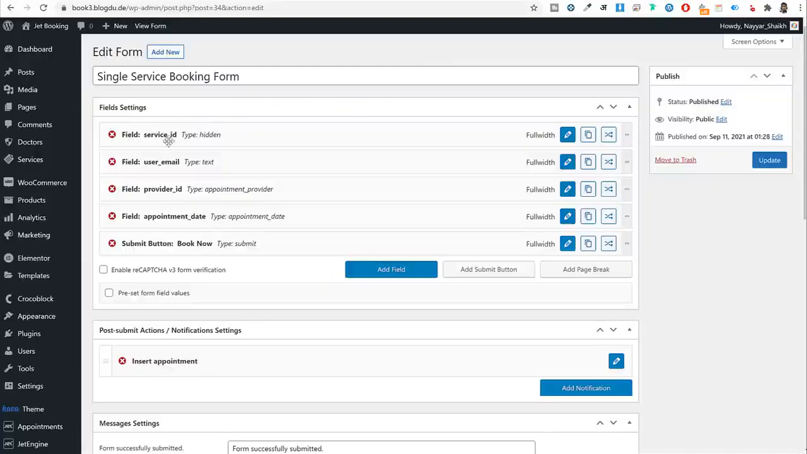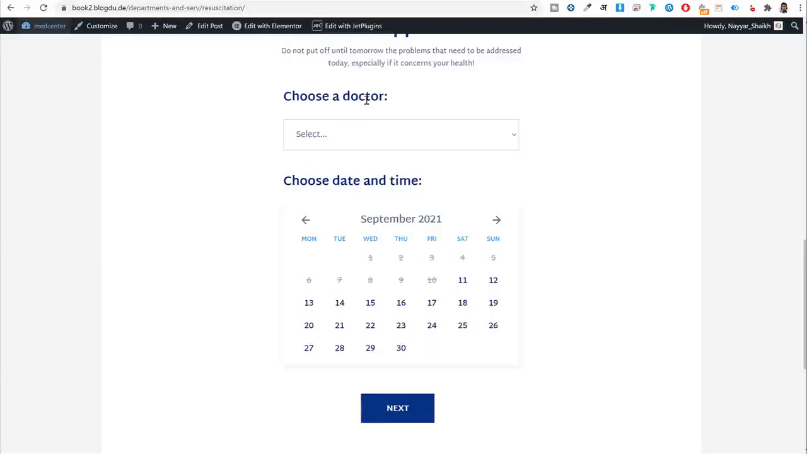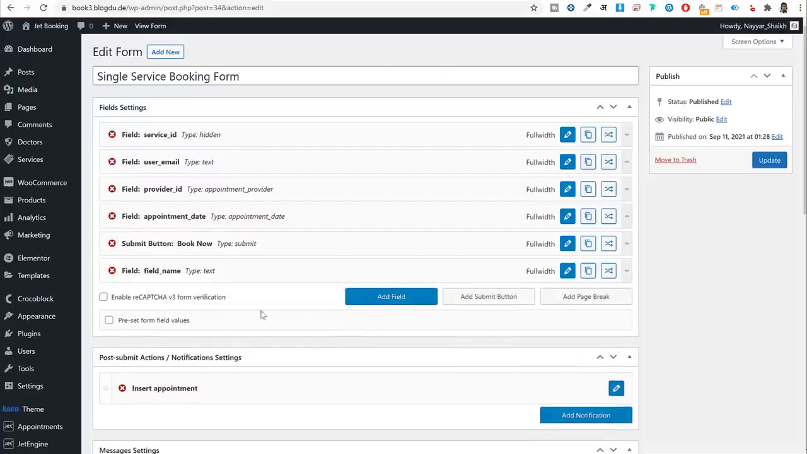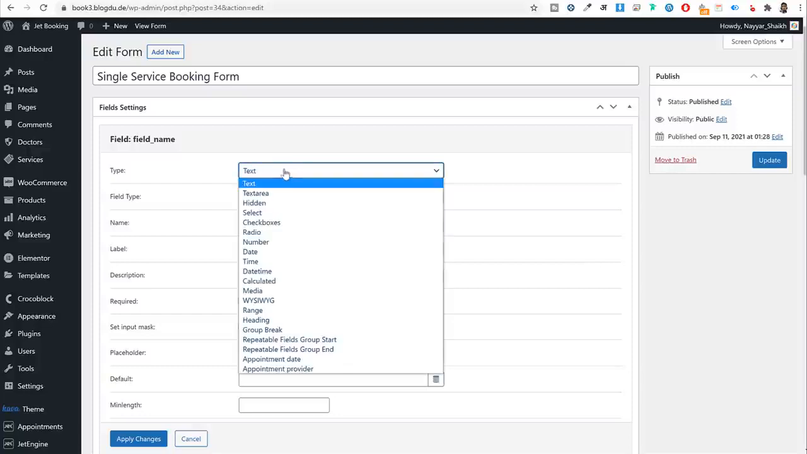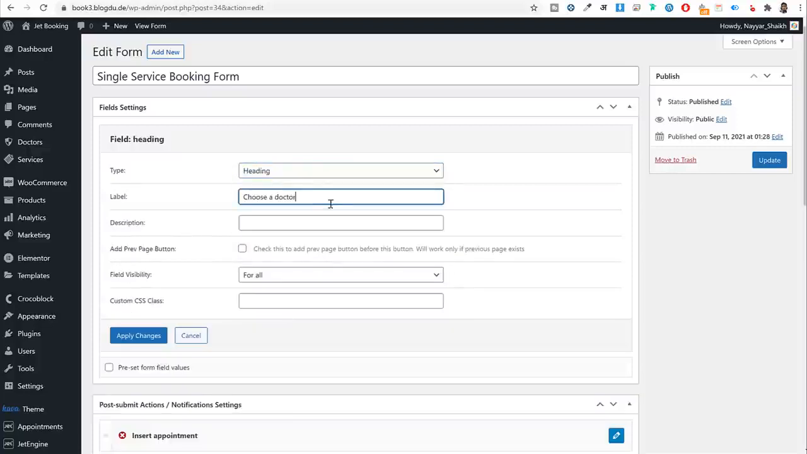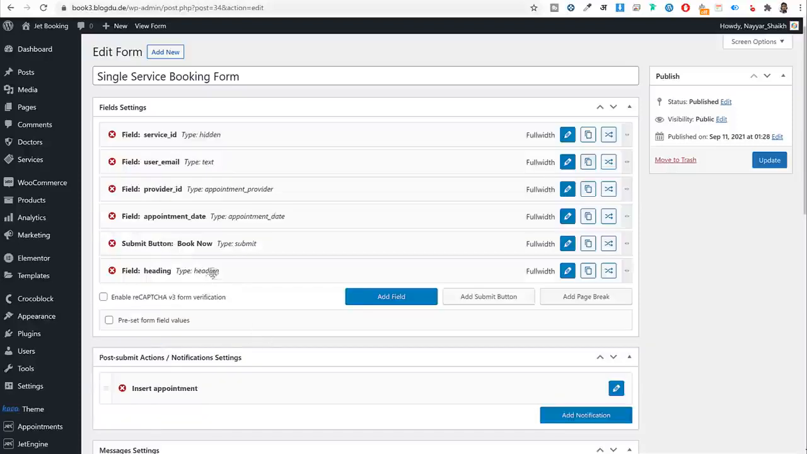Now at the very top, you will see service ID. Leave it as it is. After that, you have username, provider ID, all these things. We need to do some changes. So first of all, the very first thing that we need at top is this heading, choose a doctor. So I'll copy this, click on add field. And as you can see, this field is added over here. Click on the pencil button to edit this field. Under type, it should be heading. Select heading. Under label, type in choose a doctor. And after that, click on apply changes